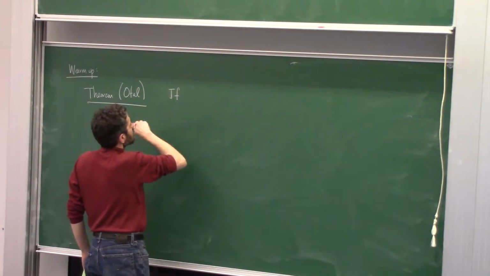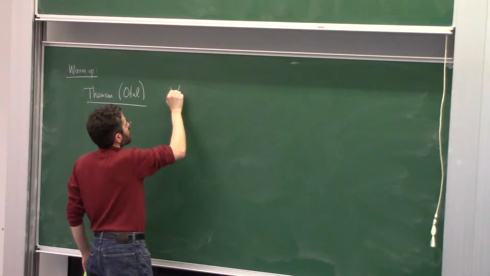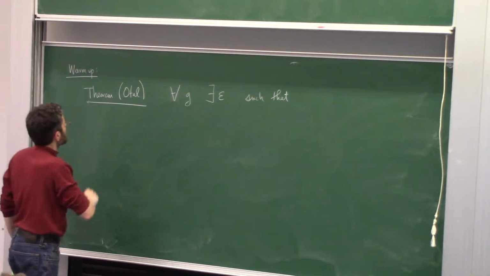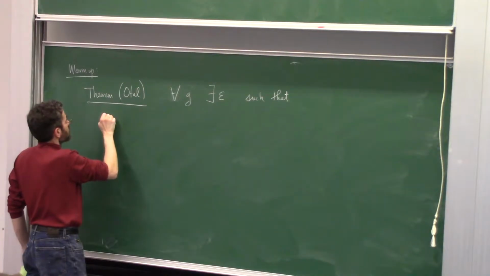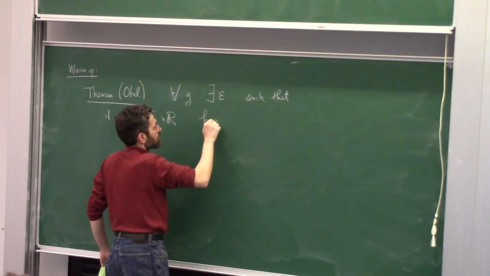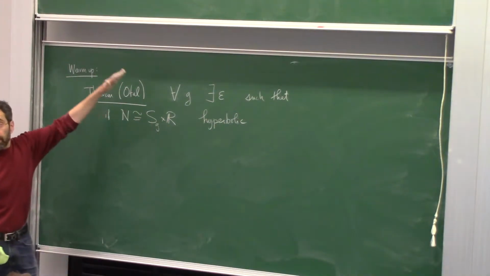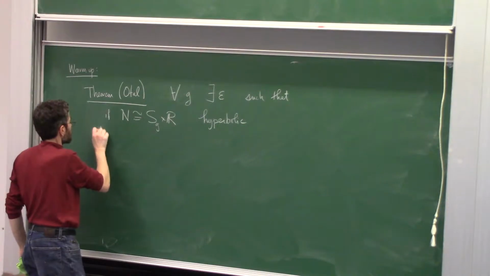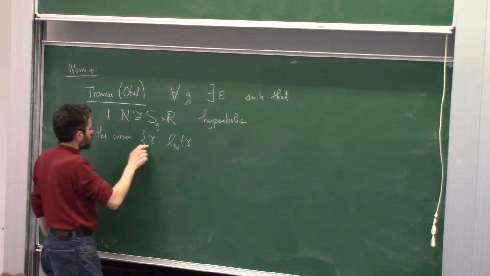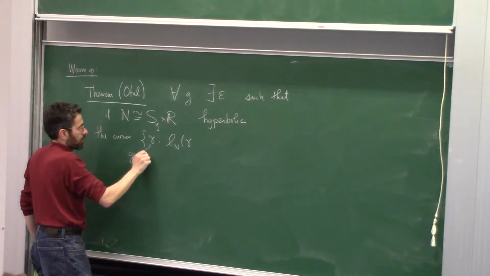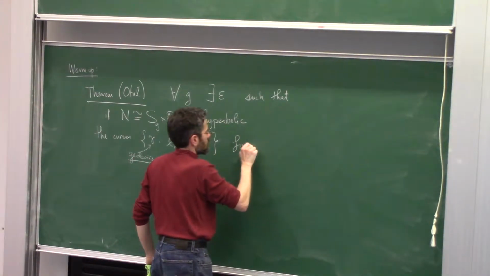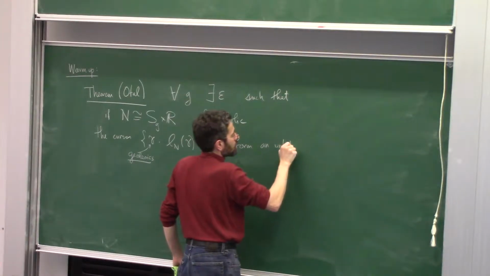For every genus G there exists an epsilon such that if N is homeomorphic to the surface of genus G cross R and it's hyperbolic, so I have a hyperbolic structure of infinite volume on S cross R, and I look at the curves gamma of length less than epsilon, these geodesics are formed, let me write that in, an unlinked collection